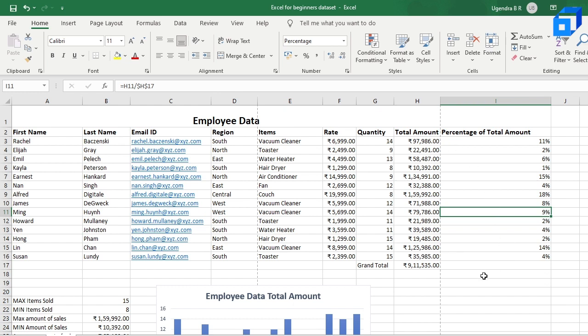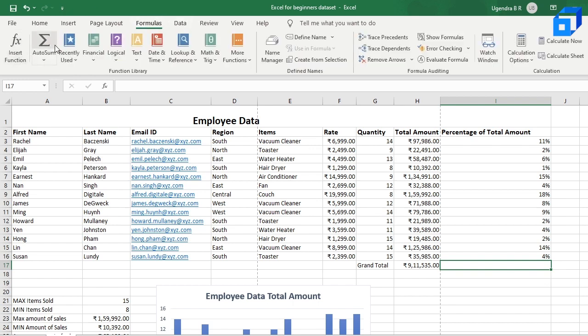Now if you want to check that the percentage formula gave the right answer, you can do it by using the AutoSum function. Go to formulas and click on AutoSum, that is sum. The range would be from I3 to I6, and now if you click enter, you get 100%. Now you know that the formula we have used and copied using absolute cell reference is correct, since you got the total percent to be 100%. So that is about absolute and relative cell reference in Excel.